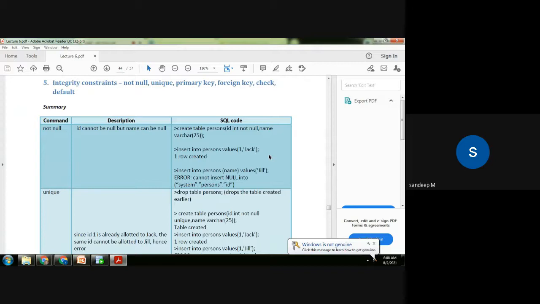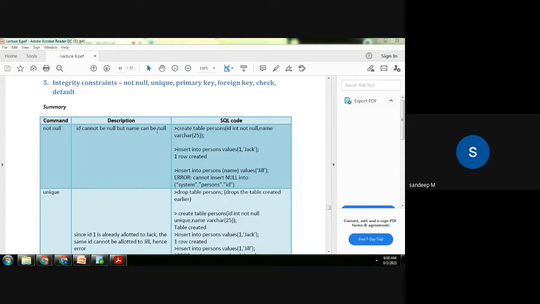Similarly for a date column, say for example joining date and promotion date in the employees database, the company might be maintaining records for a joining date and the promotion date. Now clearly the promotion date cannot be before the joining date. That doesn't make sense. So there are some rules every application will have, and those will be enforced using what are known as integrity constraints. The most important constraints are not null, unique, primary key, foreign key, check, and default.